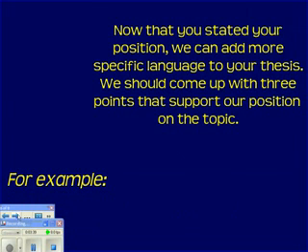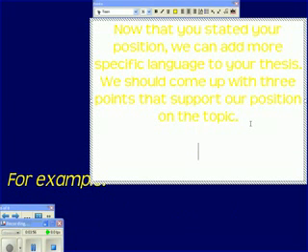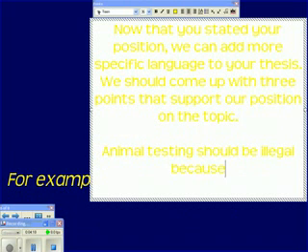Now that you've stated your position, we can add more specific language to your thesis. We should come up with 3 points that support our position on the topic. So, our topic for the purpose of example is animal testing. Now I need to come up with 3 reasons, and like we did in our 5-paragraph essays, the bing, the bang, and the bongo, we need 3 reasons why we've taken our position. So, animal testing should be illegal because